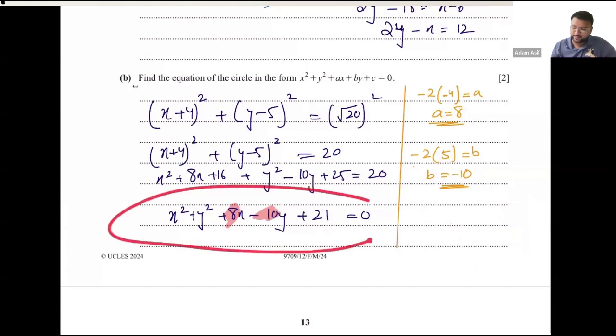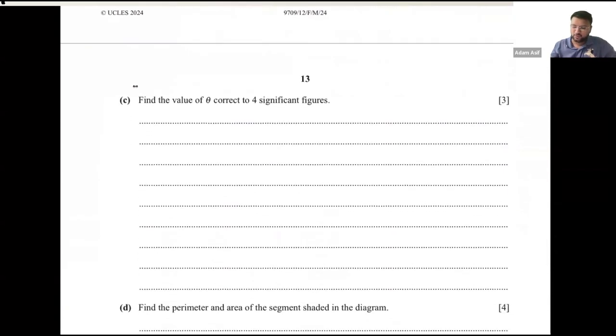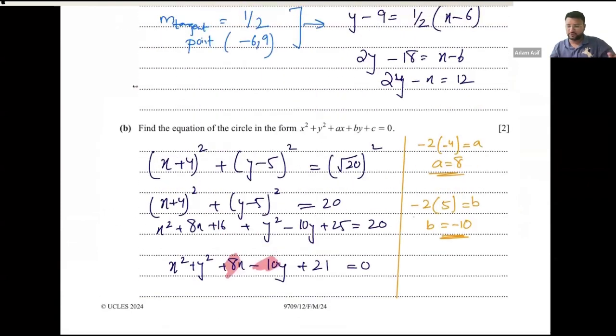बट इस तरीके से एक्सपेंडेड टर्म्स निकाले जाते हैं। ओके, फाइंड द वैल्यू ऑफ थीटा करेक्ट टू 4 सिग्निफिकेंट फिगर्स।